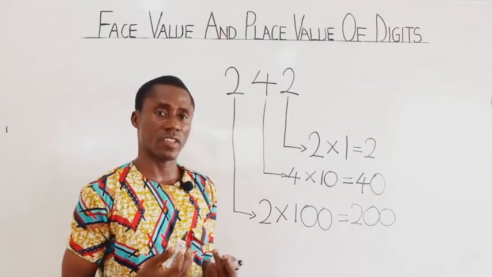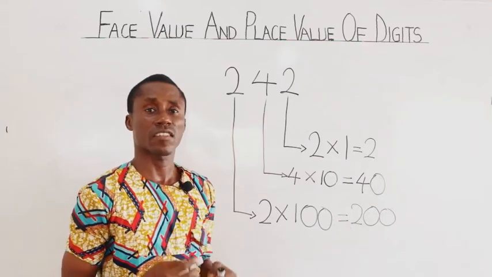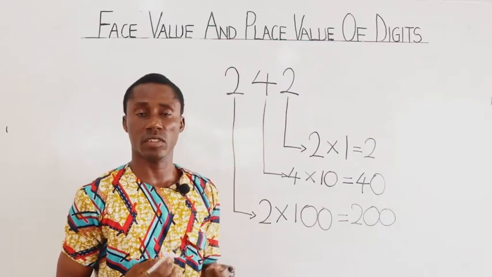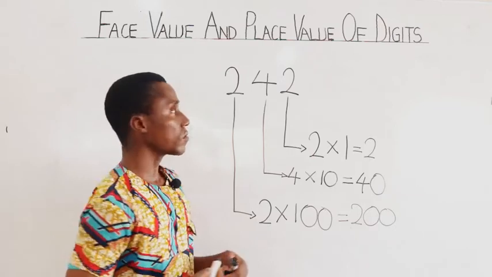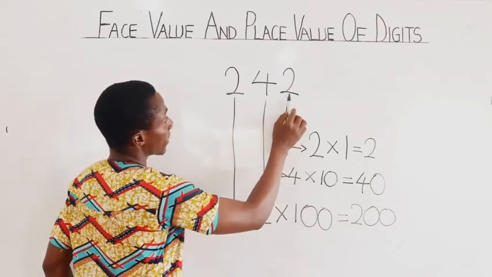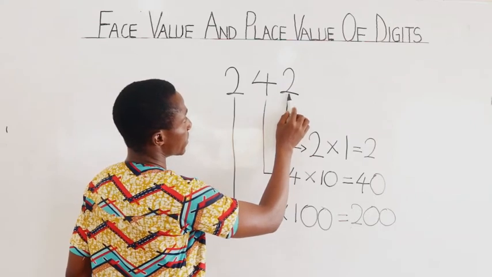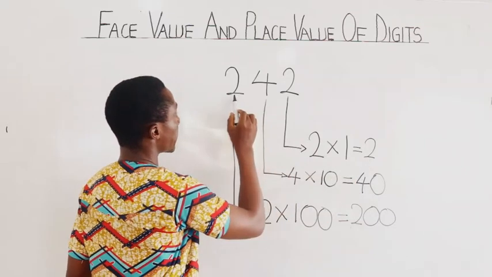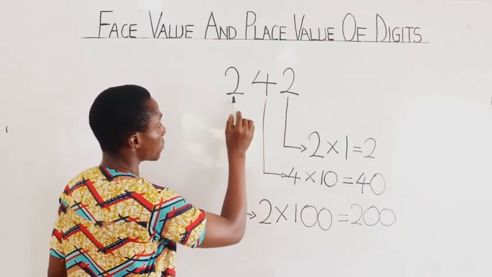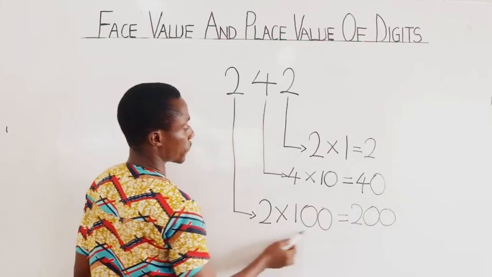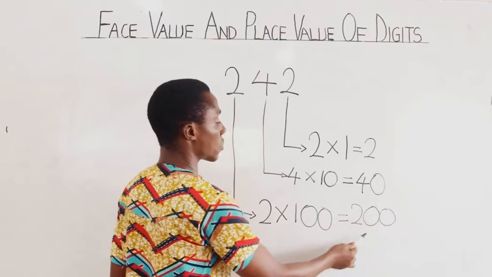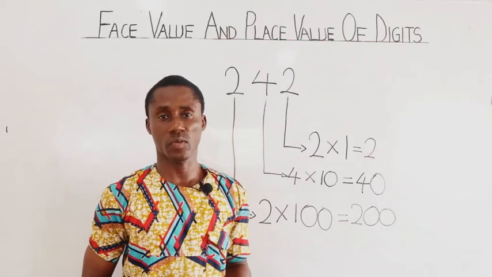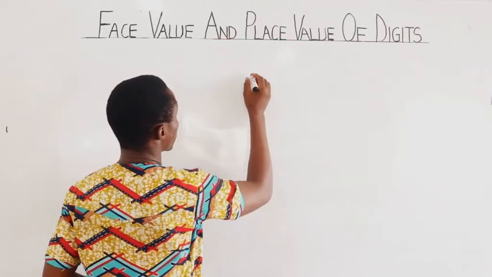Now, this makes us see clearly that place value depends on the number place of a digit. This 2 is in the ones number place, and it has a place value of 2. And this 2 is in the hundreds number place with a place value of 200. Let's look at another example. Let's look at the number